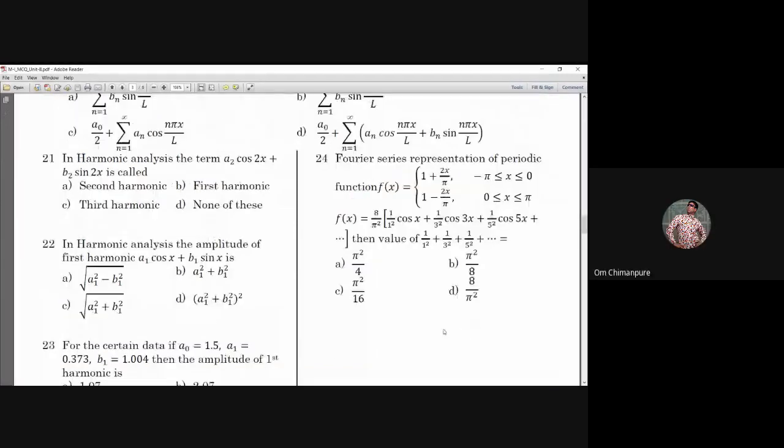Question number 24. Ma'am, we will put 0 here. How did you decide that we'll put 0? Because of the interval. See, in the interval minus pi to 0 and 0 to pi, the entire interval is minus pi to pi. So you can think about 0, you can think about pi, not a problem. But what is expected in the answer is very important. You want all the terms which are there, 1 by 1 square, 1 by 3 square, 1 by 5 square, and all of them should be with plus sign only, isn't it? So if I put x is equal to 0, cos 0 is 1, so it will remain as it is, and that's why you have to put x is equal to 0.